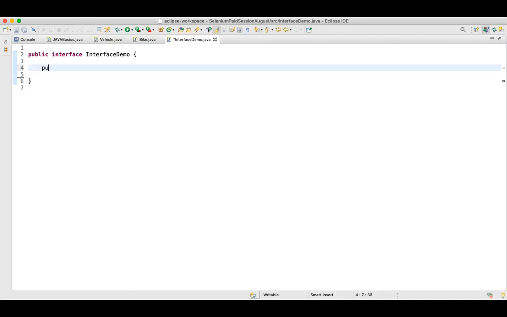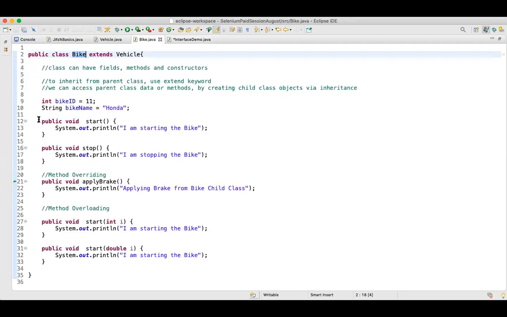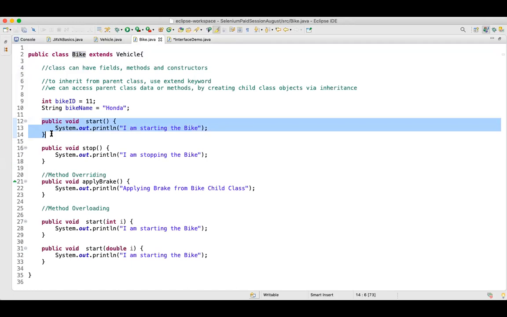For example, if I create public void, and let's say this interface is for human beings, so human beings can eat. So I can have eat. Usually when you write any method, you write it like this. If you go to the bike class, this is the way you write a method: public void start, and then you define the body, where you write your lines of code.